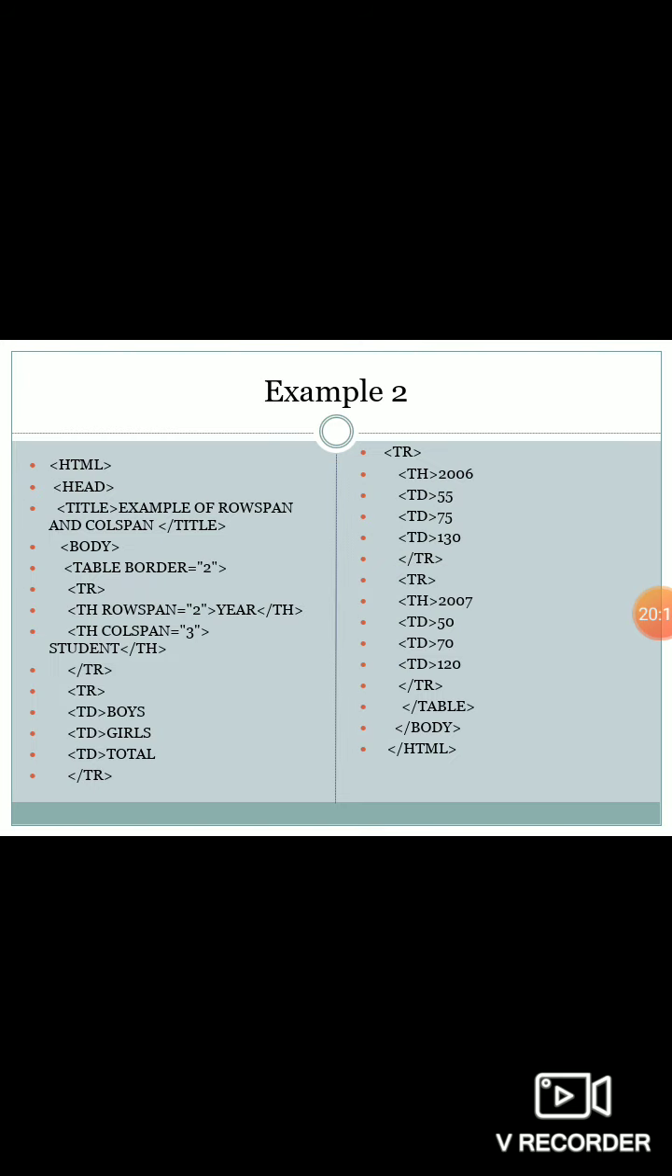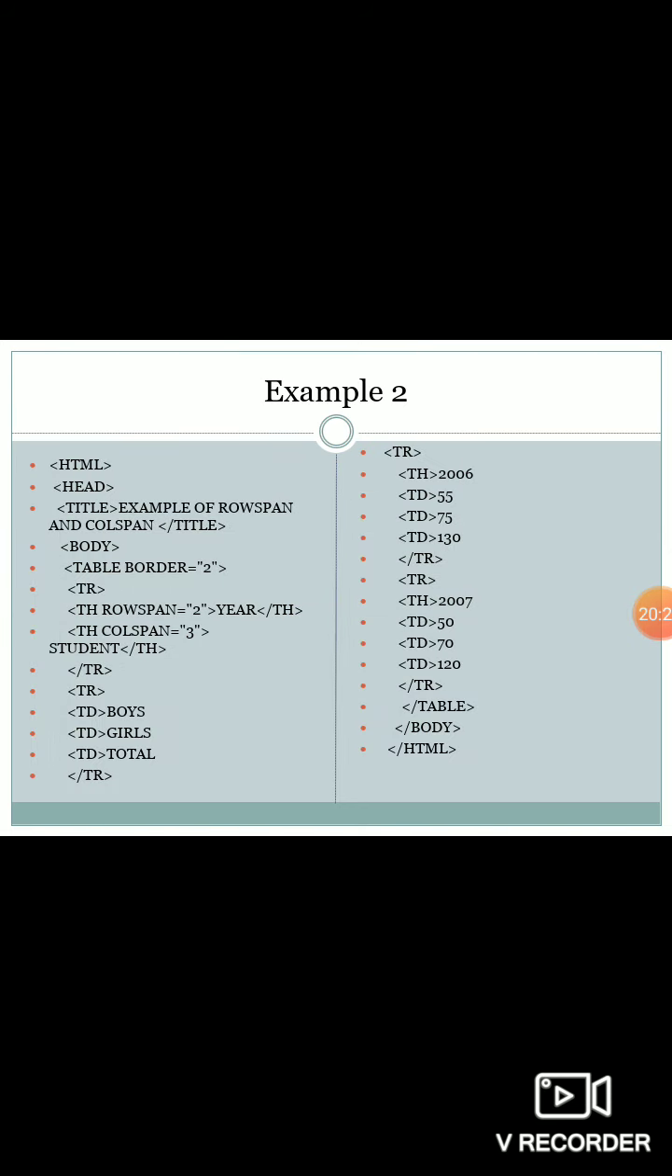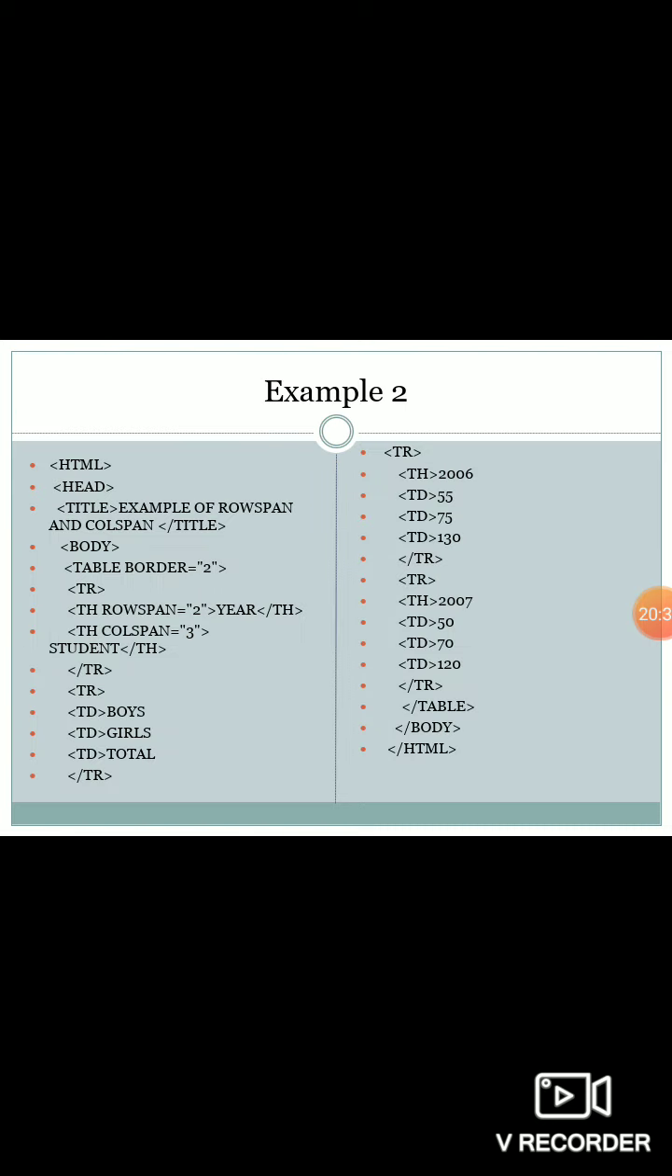So after inserting the data student, I ended with the row. Then I start with the second row with the 3 values. That is my boys, girls and the total with the normal print. That's why here I am using the TD tag. Okay. Next for the third row, for the 2006. According to my output, 2006 and 2007, that are the values of the year, will be printed in the bold. That's why for the 2006 here I am using the TH tag,